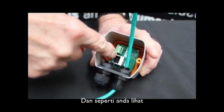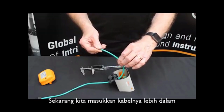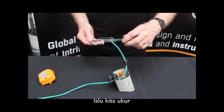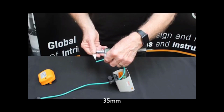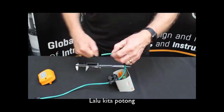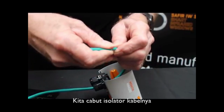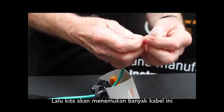And as you can see, the Ethernet socket is here. So now we just slide the strain relief down the cable, and then we just measure 35 millimeters, and then we get the knife and we cut the insulation off. So now we pull the insulation off, and we've got 4 sets of